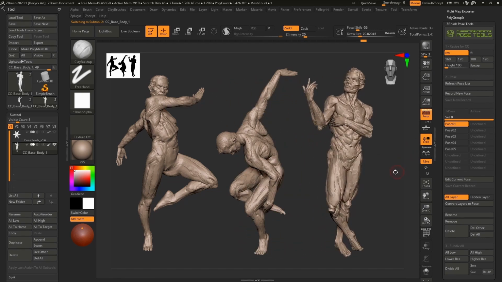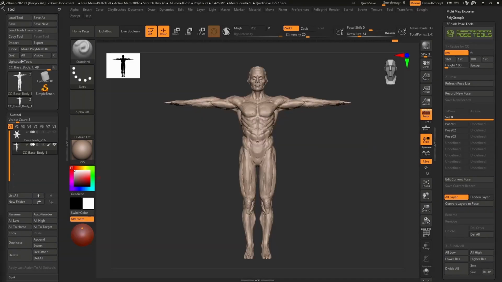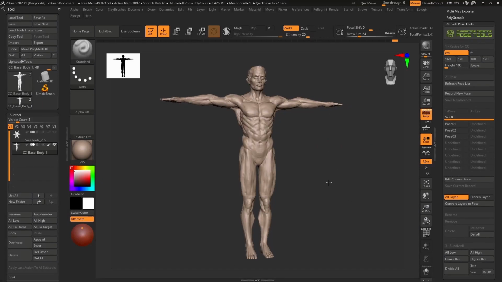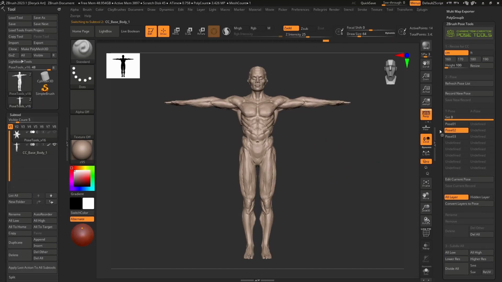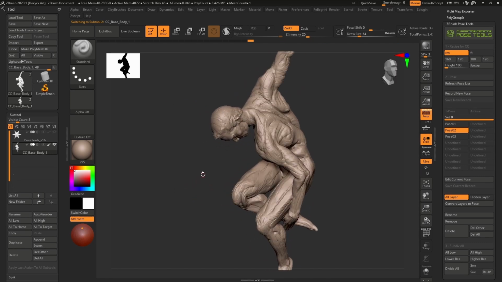All right, so let's do this. Let's start sculpting using the edit current pose and refining the poses. And for the poses that I don't want, I can just select them and use the delete button on the pose tools menu. All right, so now I have pose 1, 2, and 3,